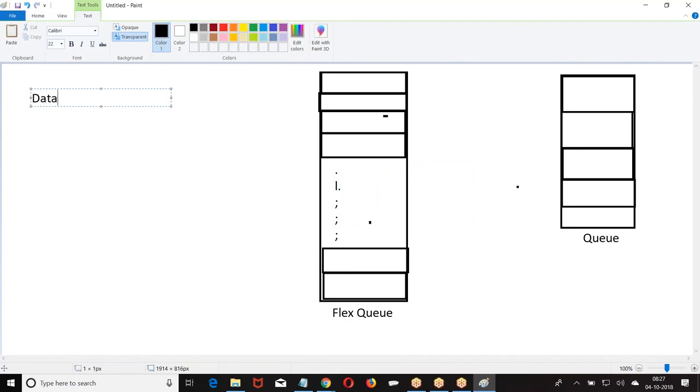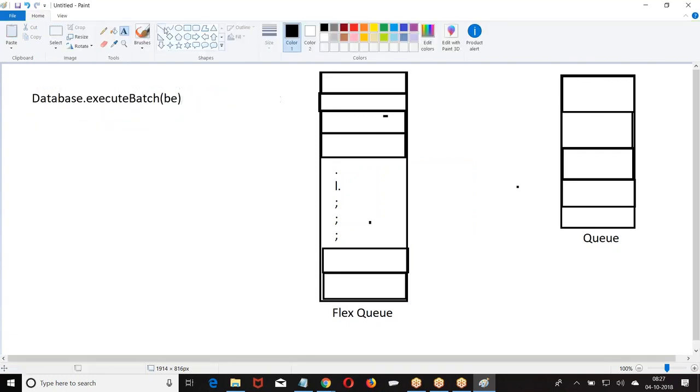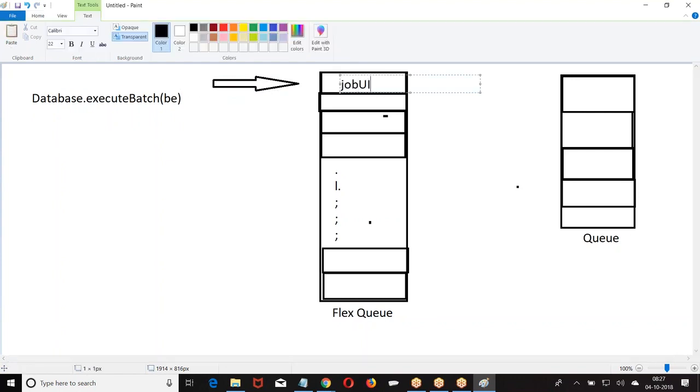When I say Database.executeBatch, first it will go to the flex queue. When you say Database.executeBatch, it will go to the flex queue, added in the flex queue as a holding state.